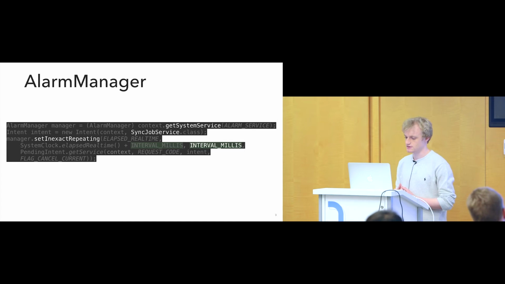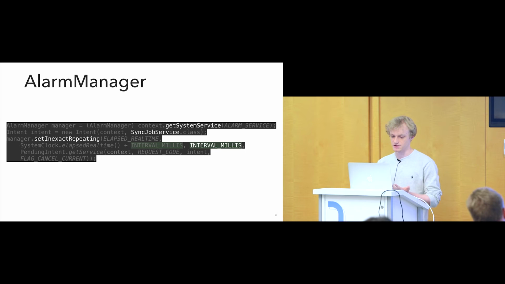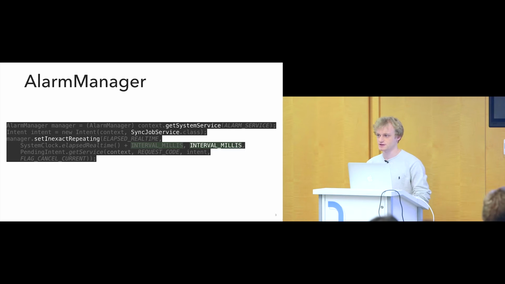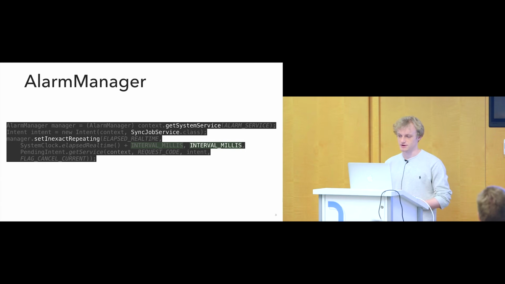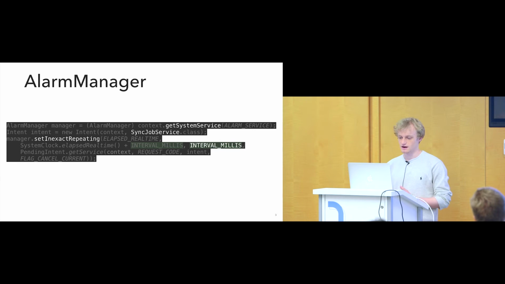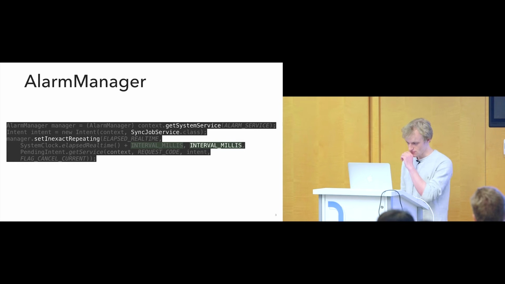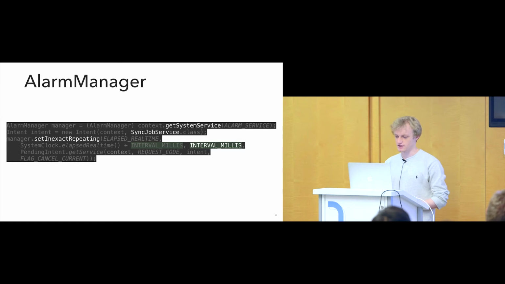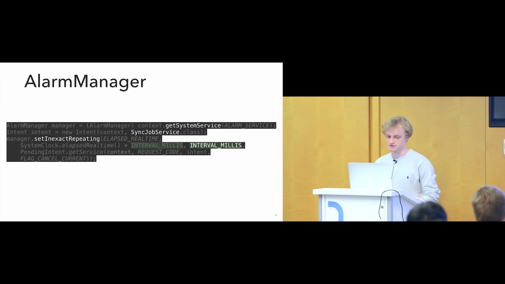and then we can tell the Alarm Manager to set inexact repeating. We can, of course, set just once, not repeating, not periodic. We can set it to exact, for the purposes of this talk around syncing. Typically, we don't really need it to be exact. We're not making an alarm app. And then we provide the approximate time to keep the syncing,